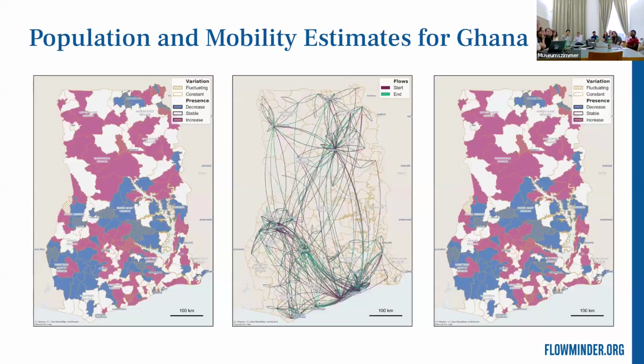To show you how that looks and some of the results we have produced for Ghana, I'm showing you three graphs here to also show the logic. On the left side, we have a map of all districts in Ghana with the population and the change compared to a previous month. I can't show the exact months here, but this is just an example. So this is one of the monthly estimates per district in Ghana, 272 statistical districts.